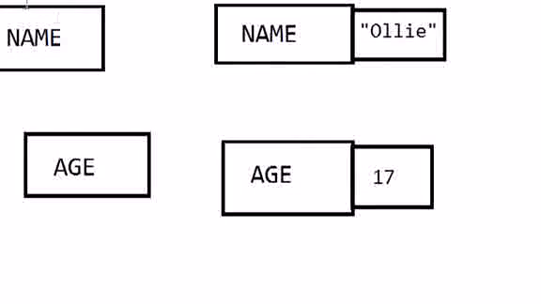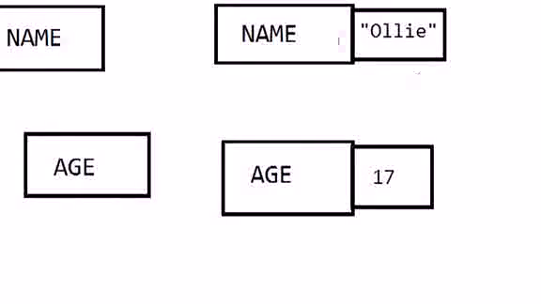So what we're meant to have here is two matchboxes. We have one with a label saying name and one with the label saying age. Now this matchbox represents a variable. So what happens when we slide out the matchbox like so? We can see in the name we have the value of Ollie, and in the age we have the value